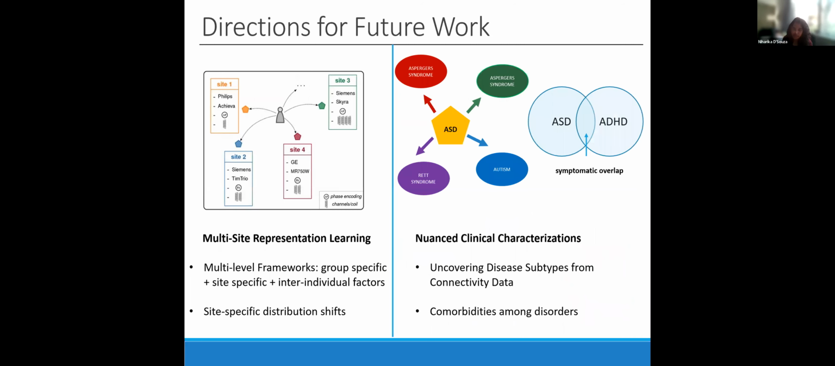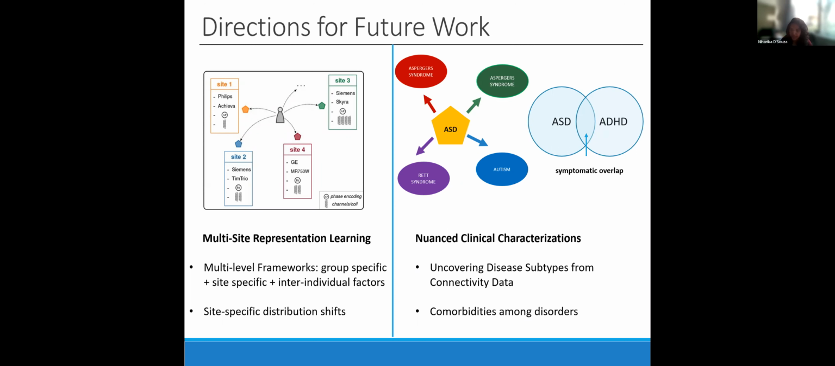Based on the insights from this work, we have identified a couple of promising directions, which from the algorithmic standpoint, we can examine the problem of multi-site representation learning using larger data sets. Aggregating such multi-site data can be challenging due to distribution shifts or site-specific biases, which our current models may not be robust to. Similarly, from the clinical standpoint, our frameworks could be used to study the prediction of fine-grained behavioral